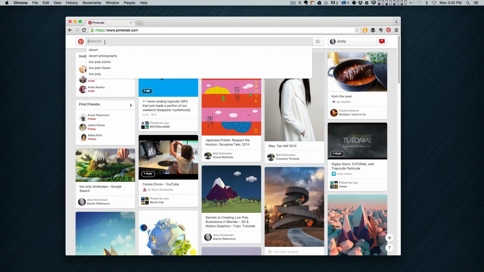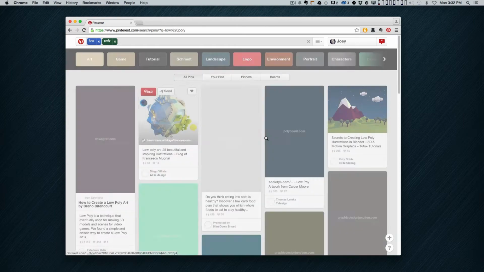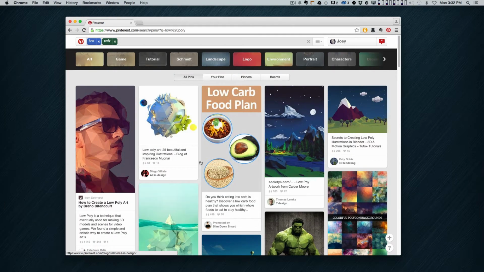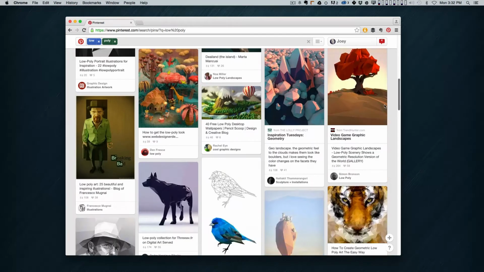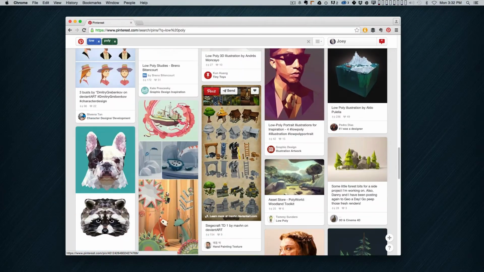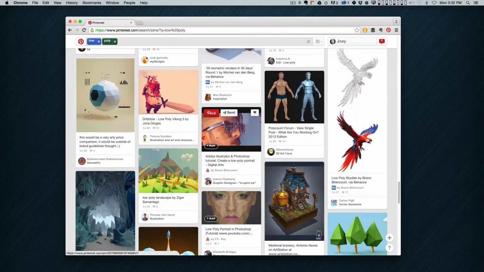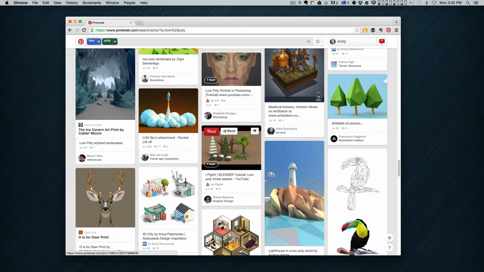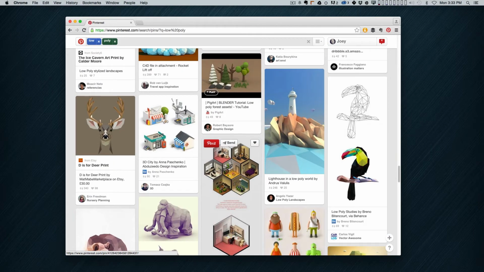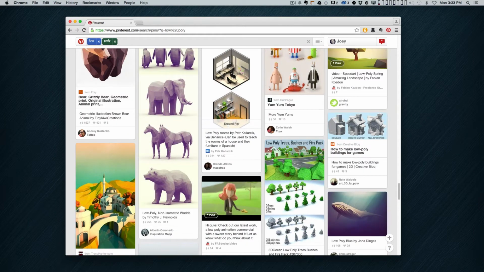So let me go ahead and just type in low poly and see what pops up here. And there's a lot of stuff. I mean, this just goes on basically to infinity, right? I can just keep scrolling down and see an endless supply of low poly stuff. And since there's so much of it, I kind of need to be a little bit careful about what I pick. Like, this is beautiful, but it doesn't really speak to me. It doesn't